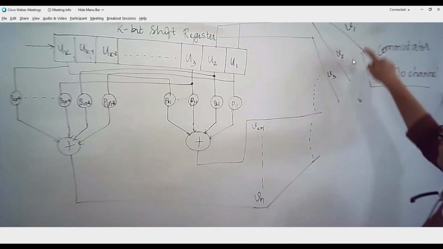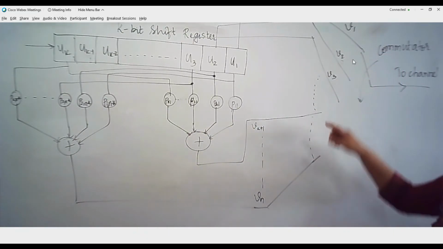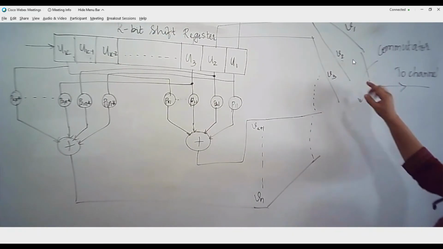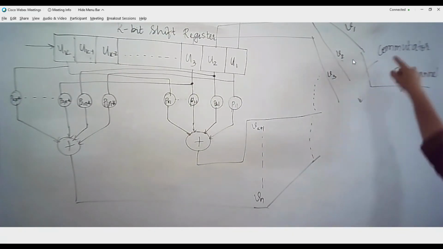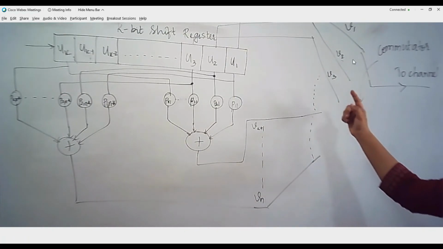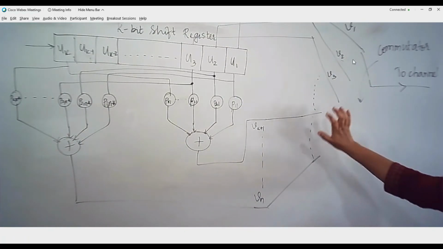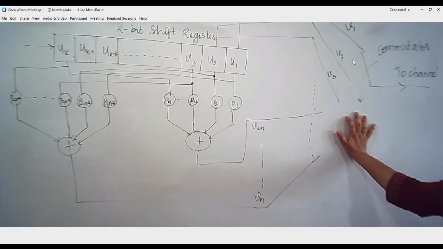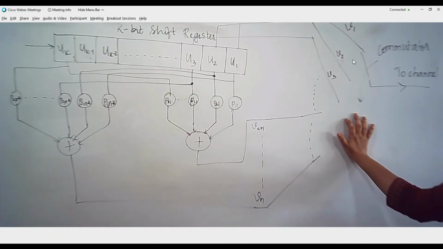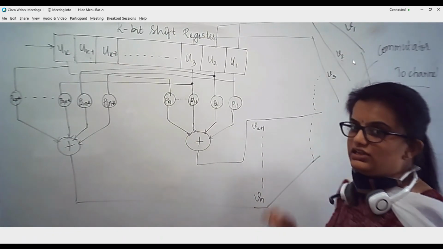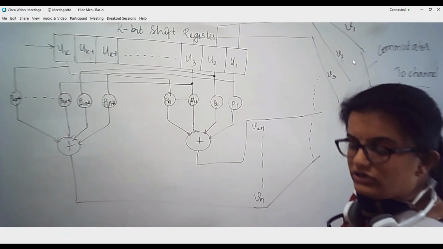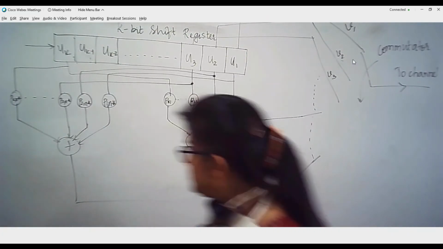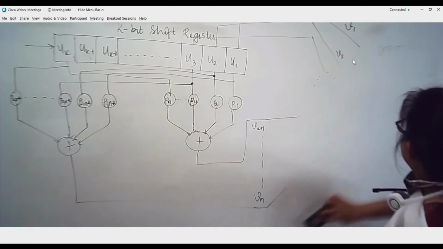So v1, v2, v3, and so on up to vn will be sent into the channel using a commutator arrangement, and it is going to pick one bit at a time from this particular circuit. So this looks very huge, but when we do the example, you will be able to realize it in a much simpler way. We will see the example now, how to write the encoding circuit for an already solved problem, which is a 6,3 linear block code.